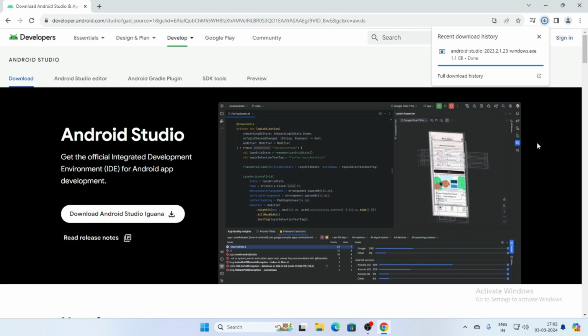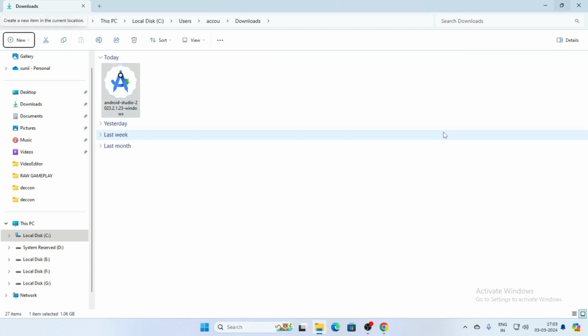Now download complete and click on the folder option. And here is your Android Studio latest version setup in the download folder. Double click on setup